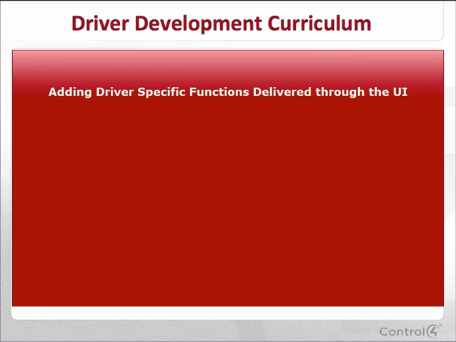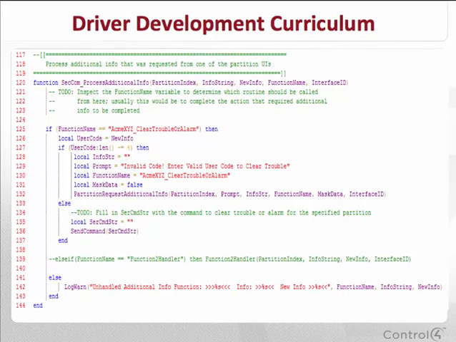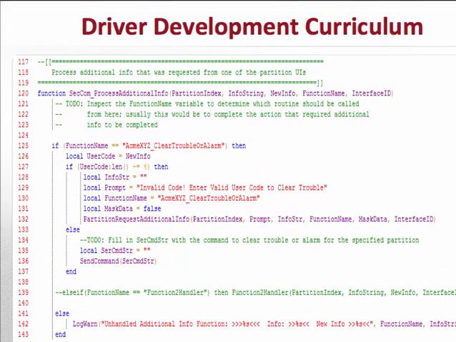The last part of developing this function is understanding the role of a function included in the template called processAdditionalInfo. That function resides in the sectemplate communicator file. Remember the function name value we entered when we defined our clear trouble or alarm function in the driver functions file? When the user presses the Done button,